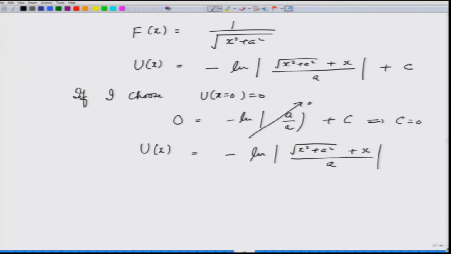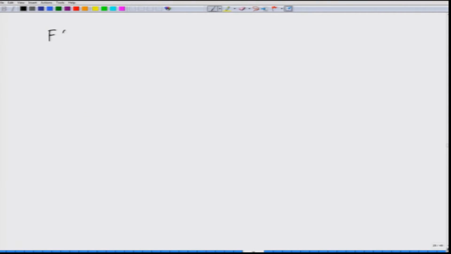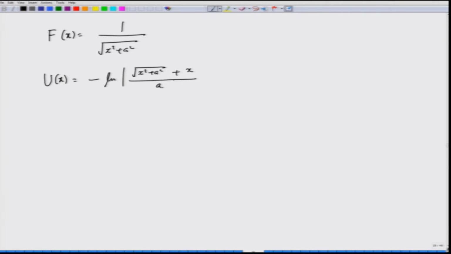So, now if I were to plot the force and the potential, I write my Fx is equal to 1 over square root of x square plus a square, and ux comes out to be minus log of mod of square root of x square plus a square plus x divided by a. So, let us plot this. Here is the axis. I will plot force with black and potential with red. So, this is the potential